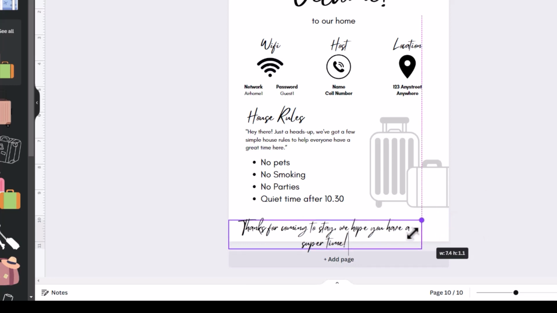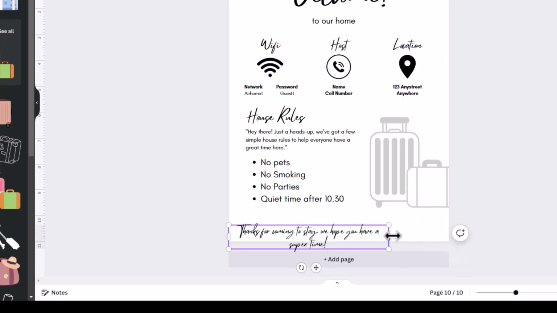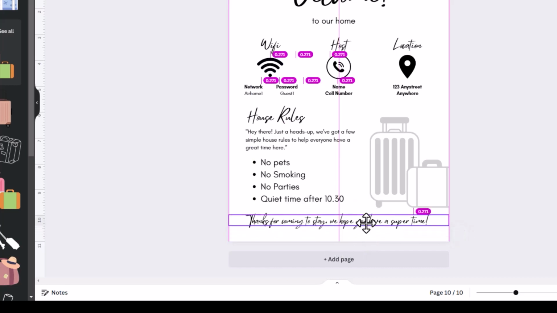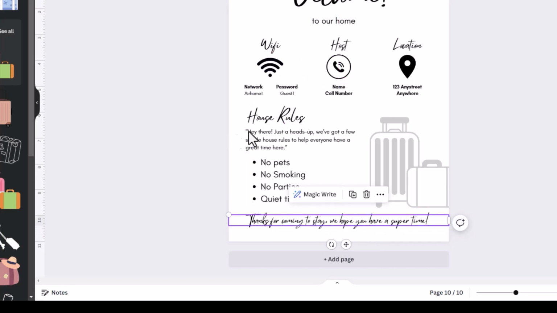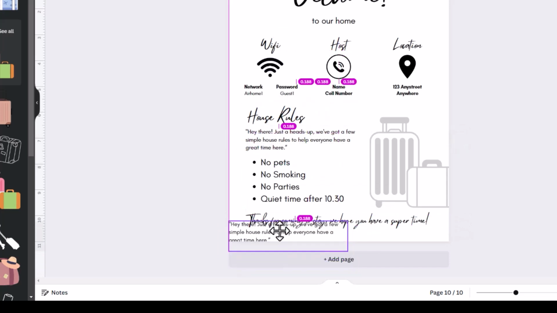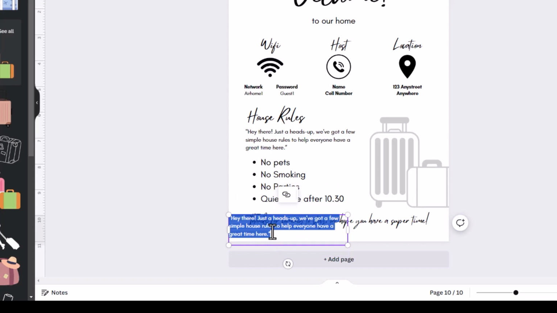So we're just going to reduce that down, bring it out. And then we're going to duplicate this. And we're just going to say, if you have any questions,